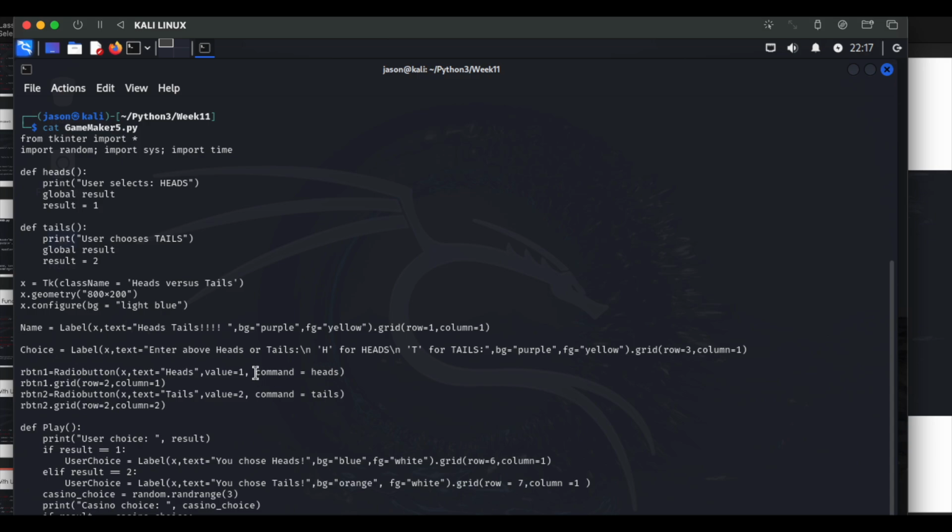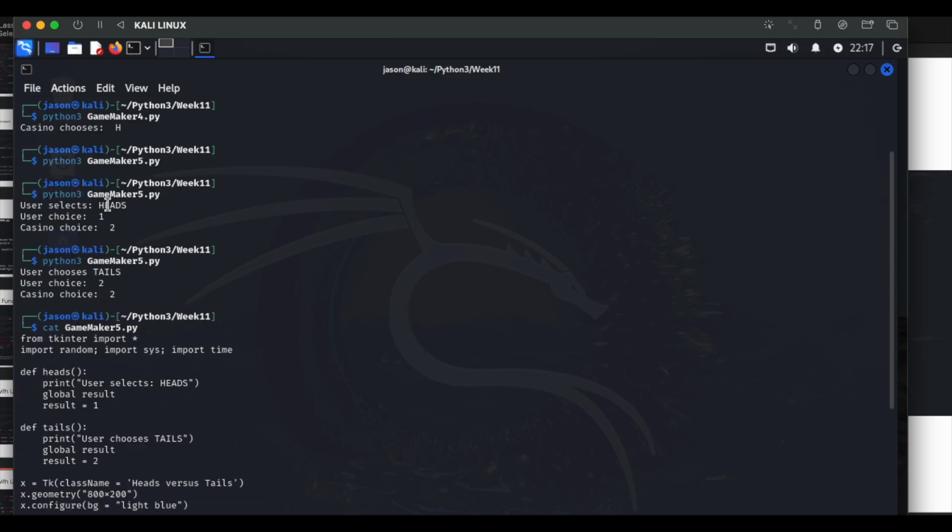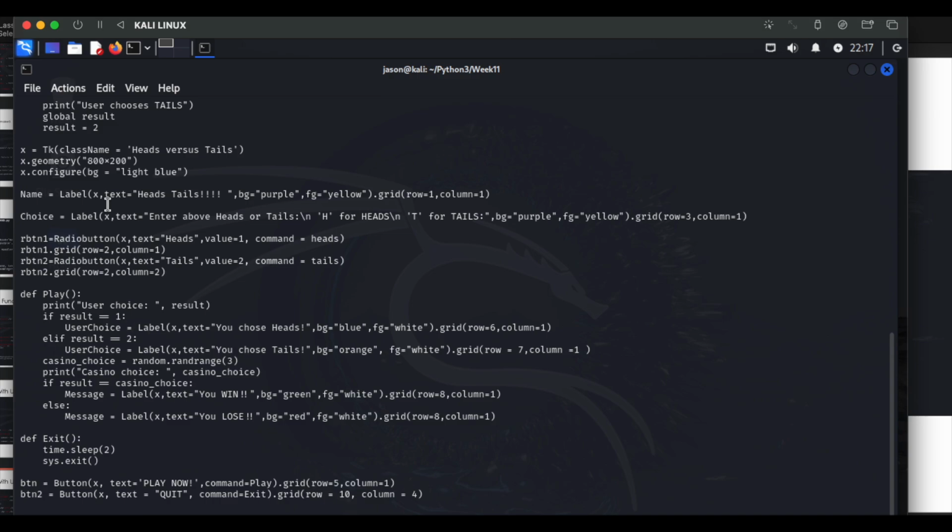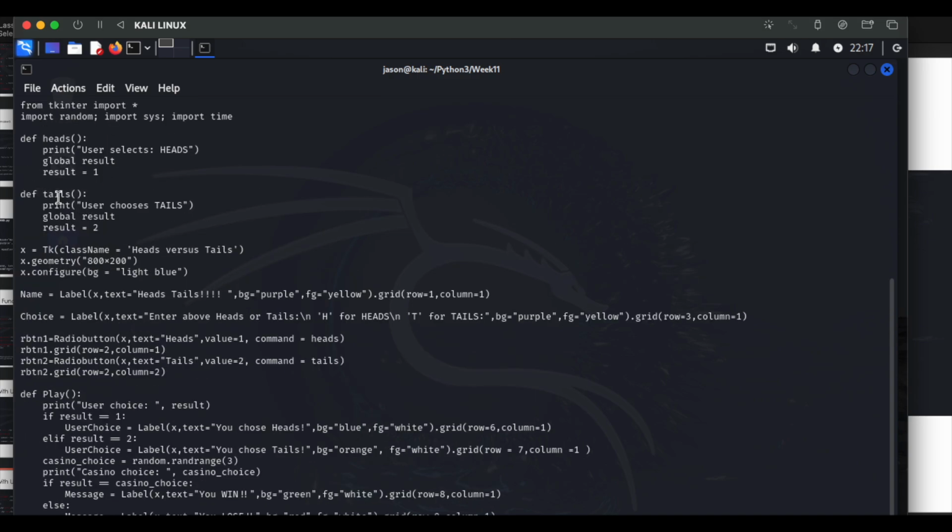One of the parameters it searches for is command, and in this case, if you select the radio button heads, it's going to execute the heads function, and then of course the result will be 1. And then tails, if you click on tails, the result will be 2 per the tails function.